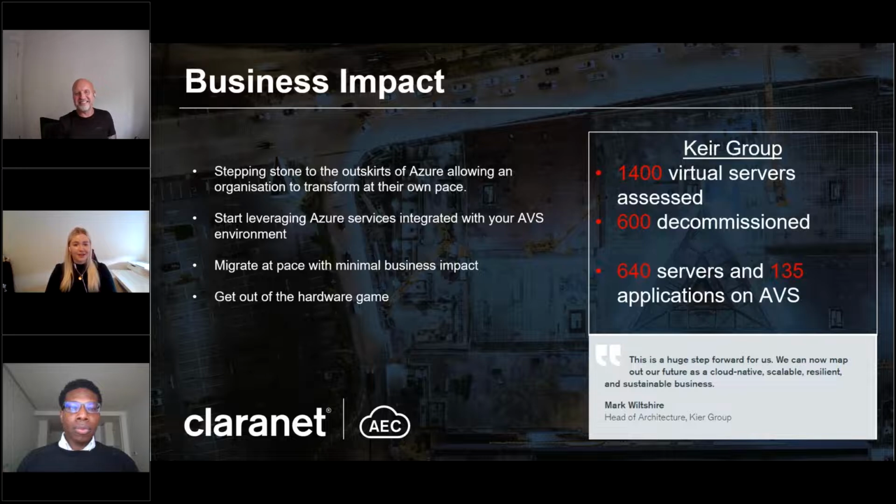And you can eliminate some of the blockers that prevent or slow down companies moving to public cloud. So as mentioned before, that skill shortage, the complexities of having to refactor applications. This is a lift and shift at fast pace. And finally, though it's not an extensive list, you can get out of the hardware game and eliminate the need for the large capex spend, become more agile as you can provision and scale at pace, free up your staff, focus on strategic direct objectives, if I can say my words, rather than the day-to-day running of that on-premise equipment